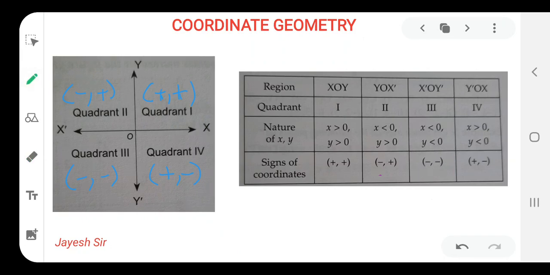Similarly for quadrant 4 the same thing would be there. What would it be? Here I am talking about this y dash o x. Now the value of x would be positive, because as per the sign rule I have written over here, you can identify that the value of x would be greater than 0, because a plus sign is written and any positive number is greater than 0, that means x should be greater than 0. And the value of the y coordinate is minus, that means it should be less than 0. So the sign rule, or the sign of the coordinate, is written over here for quadrant 4.